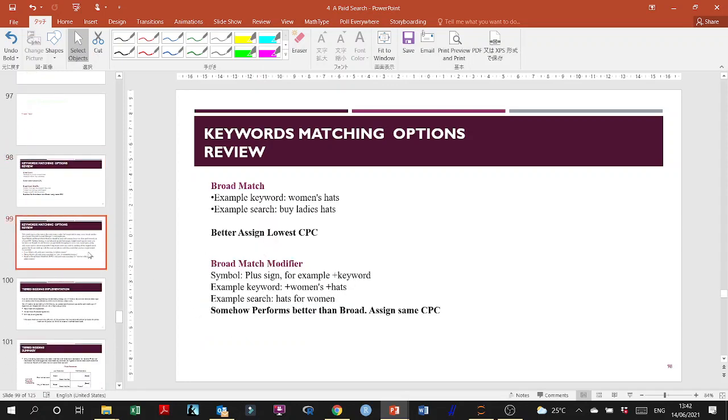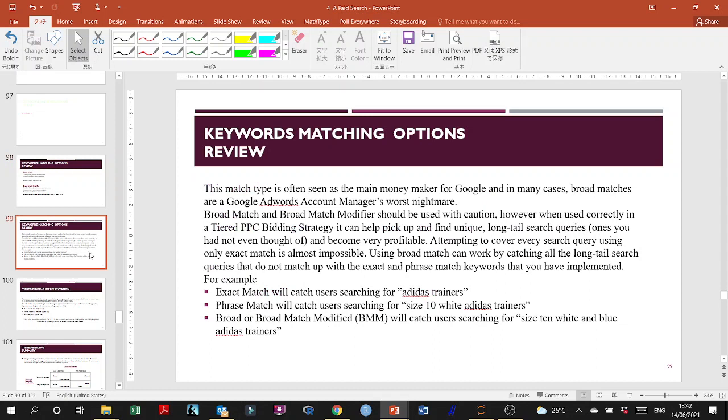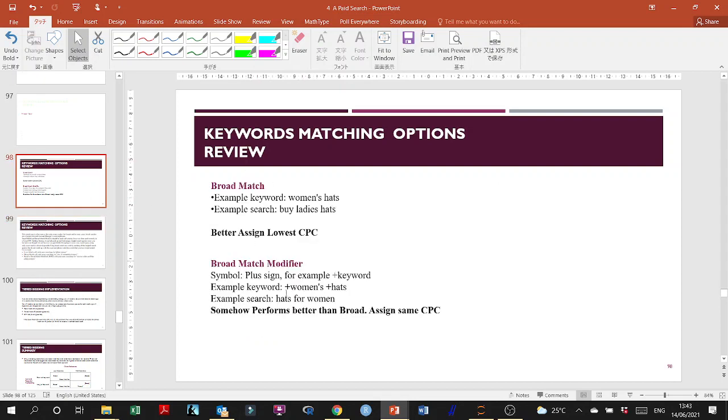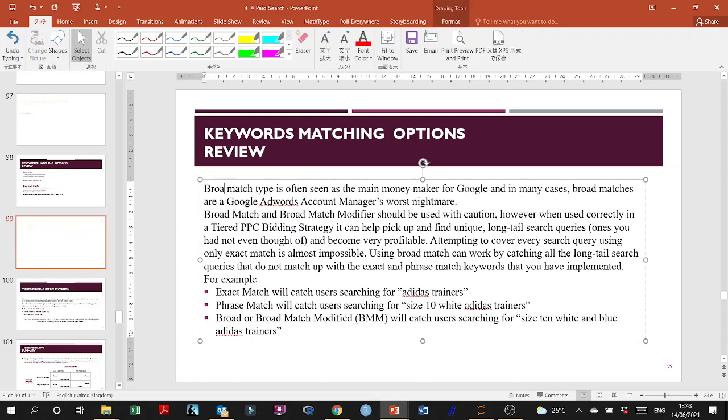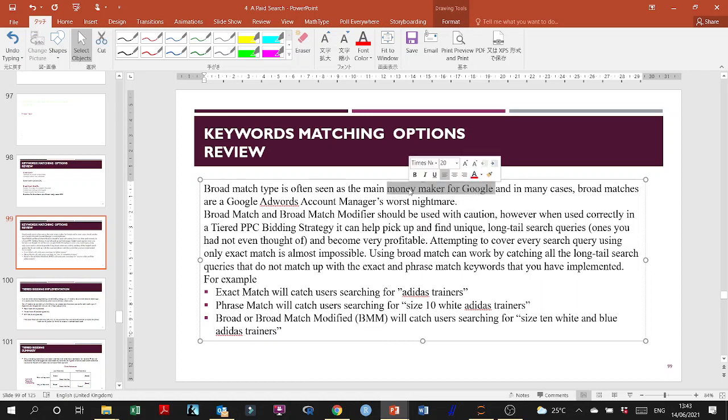It's how broad it is and how costly it will be when you are paying per click. So let's take a look here at the match type. Let's read it together. The broad match type is often seen as the main money maker for Google, of course for Google, but it is a dilemma and a nightmare for you as an AdWords